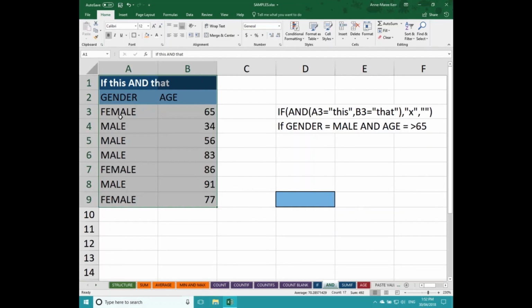So here I've got some information that I used earlier. I've got the gender and I've got their age. So what I can do here is, instead of just looking for one bit of information to evaluate, I can actually ask for two bits of information to evaluate. So this is using a formula called and combining it with a formula called if. This one takes a bit of thinking, so don't stress too much here, okay? So just have a bit of a watch. So what I'm going to do